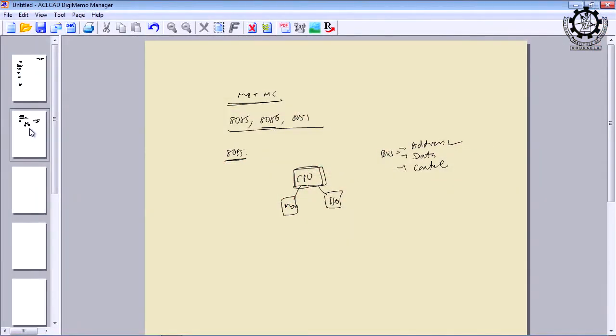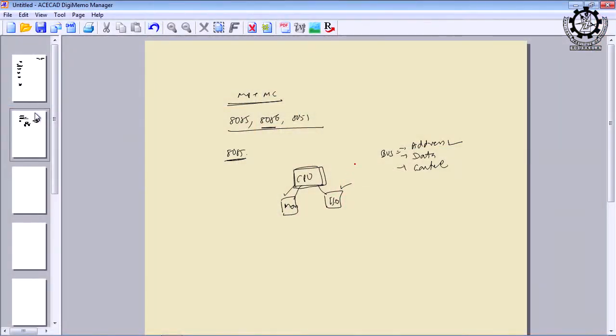Then what is a microcomputer? A microcomputer is the microprocessor plus all other devices. The remaining devices are memories and different types of IO devices. One example of an input device is the keyboard. Another is a mouse, and another is a small sensor which will send some data from the environment.